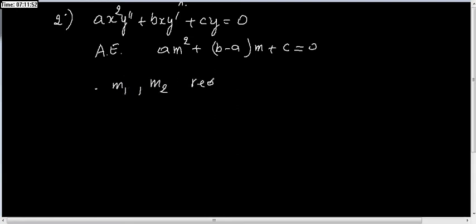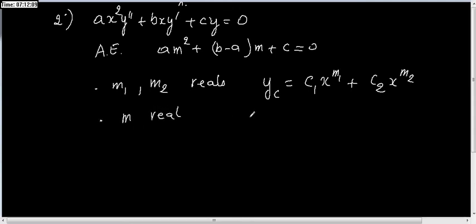m1 and m2, which are real numbers. So yc will be c1 x^(m1) + c2 x^(m2). The second case is just one real solution. So yc will be c1 x^m + c2 x^m ln x. And when we are dealing with